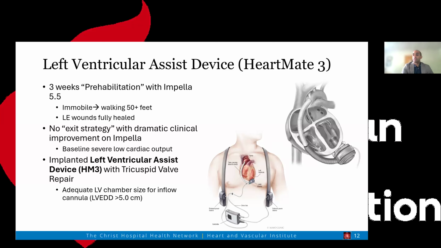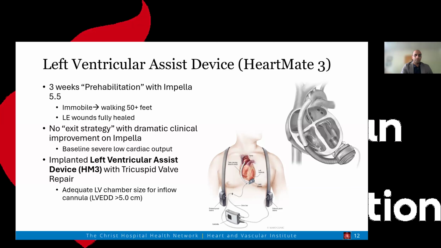A left ventricular assist device, for people who are not familiar with it, is an implantable heart pump that sits in the left ventricle and pumps out blood into the aorta, basically a form of an impeller that you can go home with. You have a little controller, a driveline that exits the body around the abdomen area, and a patient wears 2 batteries to help power it. This is a therapy that's proven to make patients feel better and live longer with end-stage heart failure, and it's a staple of any advanced heart failure program.